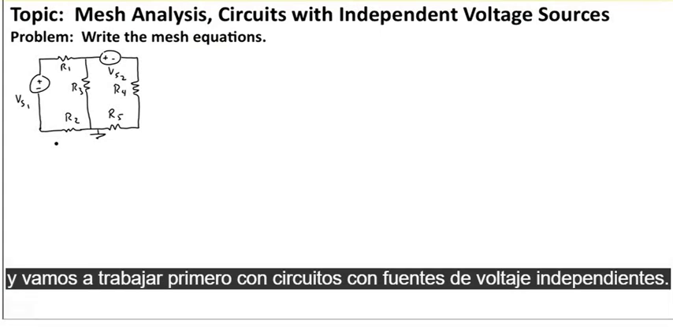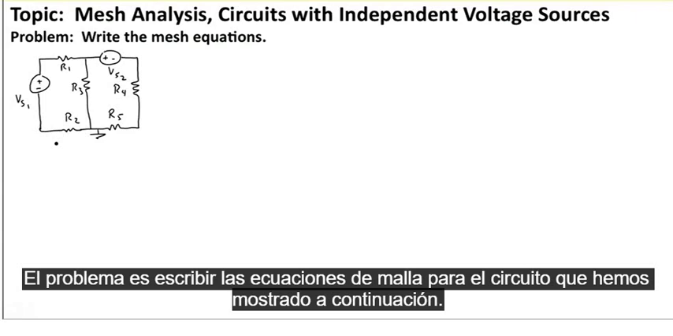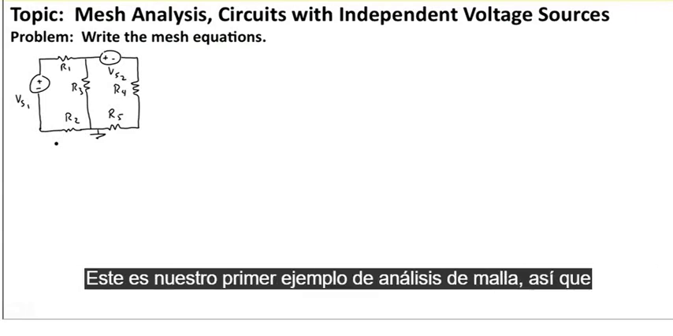And we're going to work with circuits with independent voltage sources first. The problem is to write the mesh equations for the circuit that we have shown below. This is our first example of mesh analysis, so we're going to go through a few